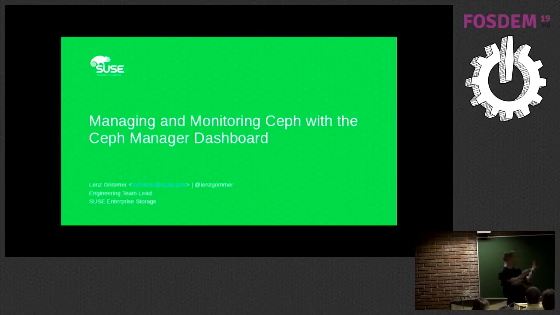The topic of this talk is to give you an update on the progress, the current state of work, a bit of history and background where we are coming from, and the evolutionary steps that the dashboard has been going through. And if the demo gods are kind to me, we may end this talk with a live demo on this measly little laptop. So it's not going to be that impressive from the number of nodes and OSDs and everything,